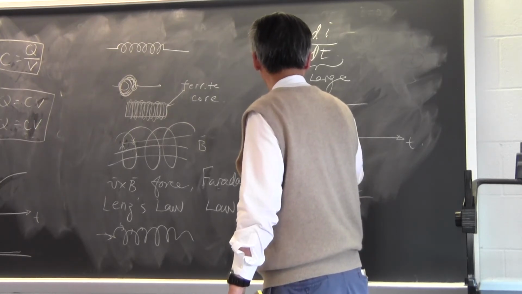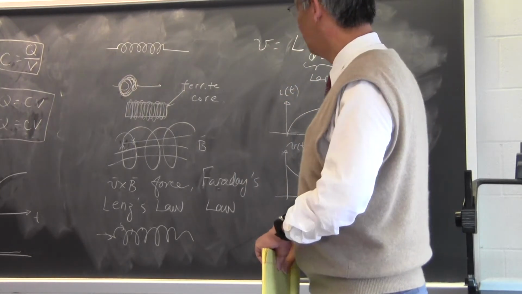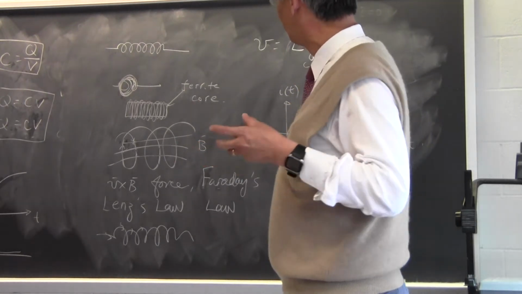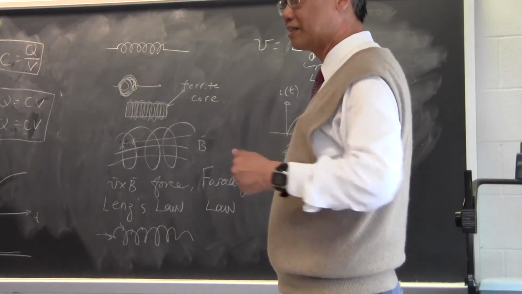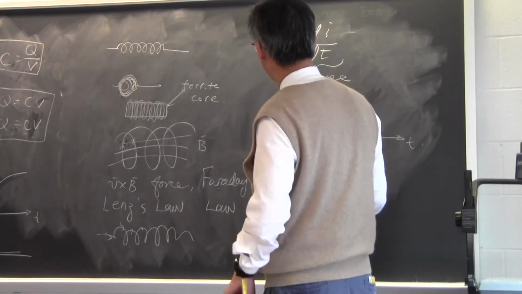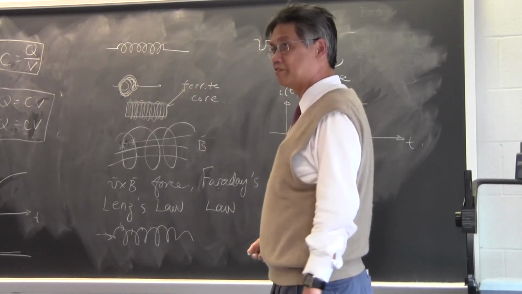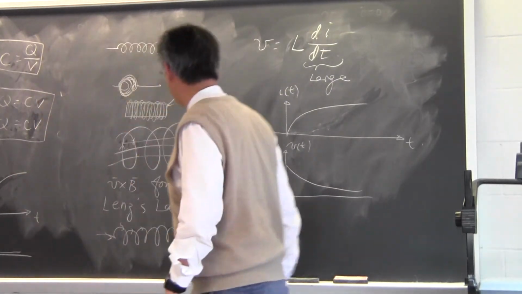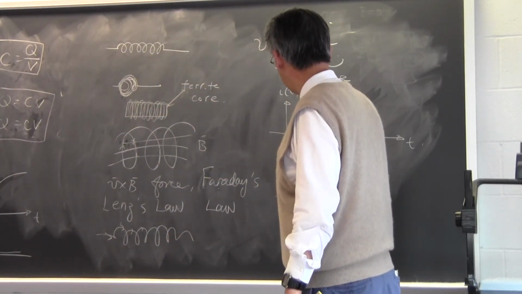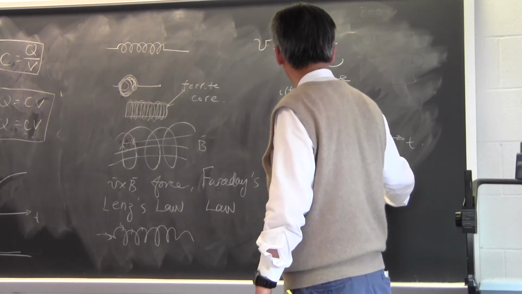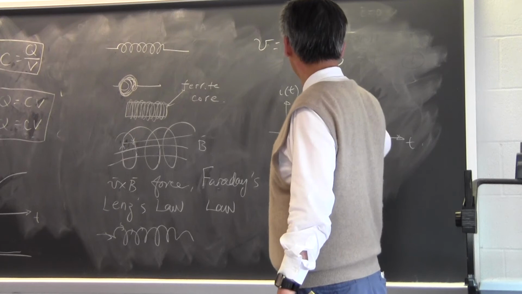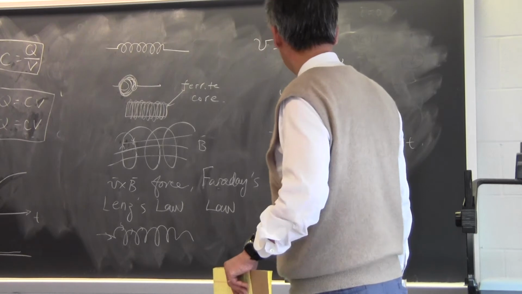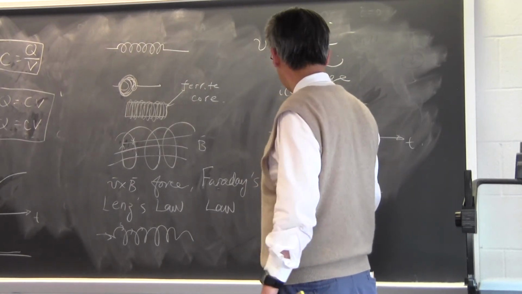Okay, V of t will look something like this, in the sense that in the beginning, when you try to push in the current, the rate of change of the current is very large. It gives rise to a voltage drop that's large. Okay, but as time progresses, the rate of change of current is going to be very slow. And these two diagrams are just the opposite of these two diagrams, in the sense that after a while, the voltage drop is going to change very little, because the current is going to go to a constant value, as you try to push the current through, and then the voltage drop will diminish, and eventually